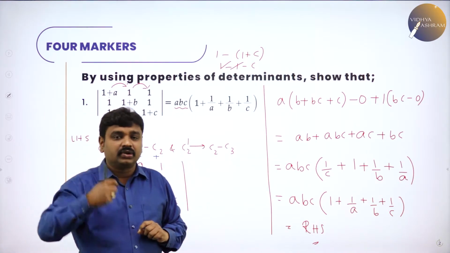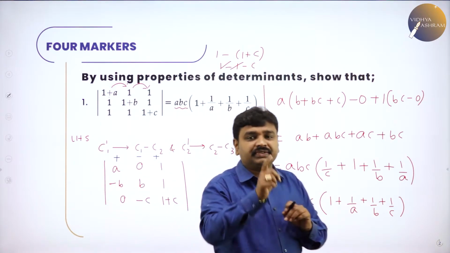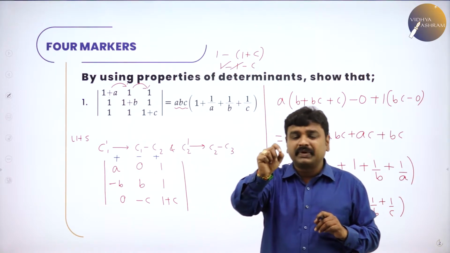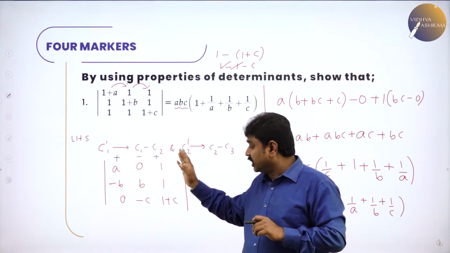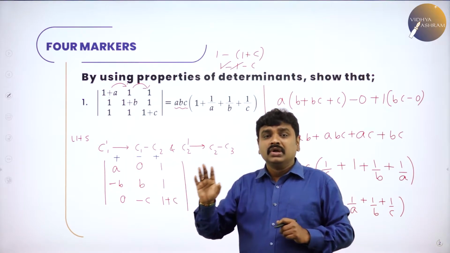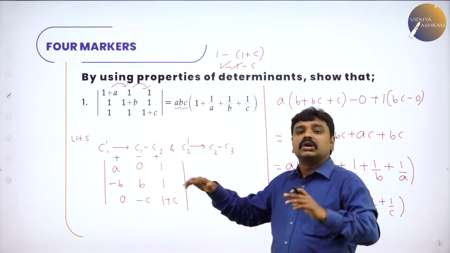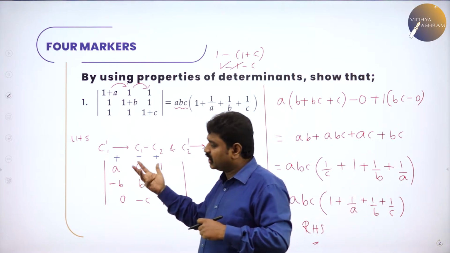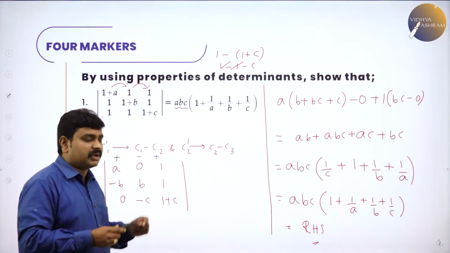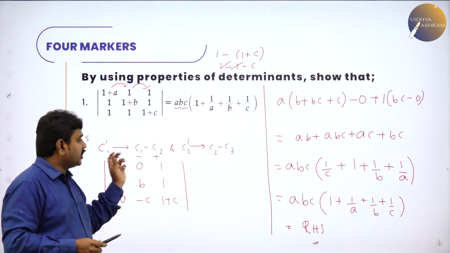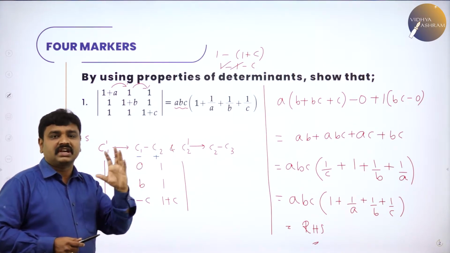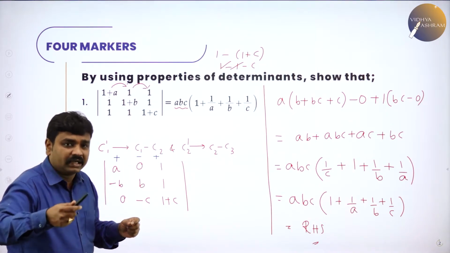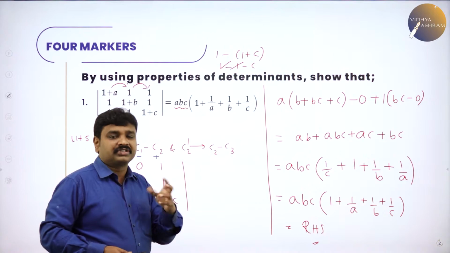So keep this in mind. Take the LHS and do what? C1 dash is C1 minus C2 and C2 dash is C2 minus C3. I told you it is like playing chess. There is no need to do exactly this same step, this same transformation. There is no rule that you have to do only this. You can also use any other transformations. You can do R1 minus R2, R2 minus R3 and expand, you will get the same result. But always we follow the lane. By following the same process the strain is reduced, and these are all regularly asked repeated questions, so don't experiment. So follow this, it will become faster and better.